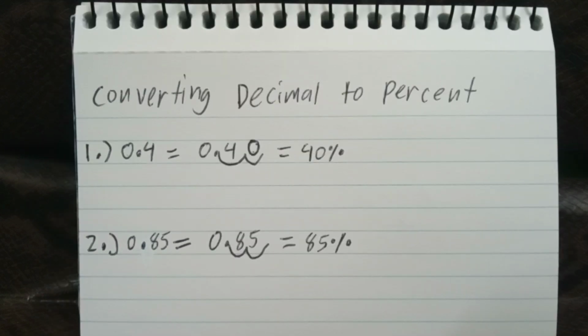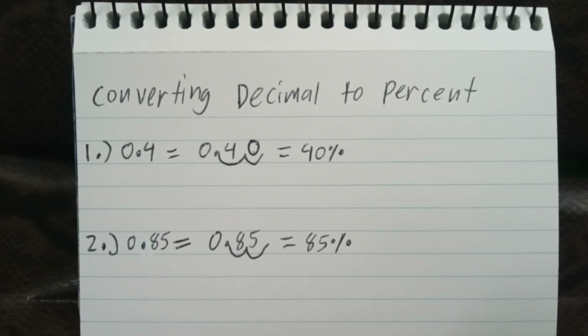And for the fourth topic, converting decimal to percent, this is the same thing as we discussed in the second topic. So what you have to do is get 0.4, move the decimal point 2 times to the right, and remove the 0 and add a percent sign on the right side of the number, and that will give you